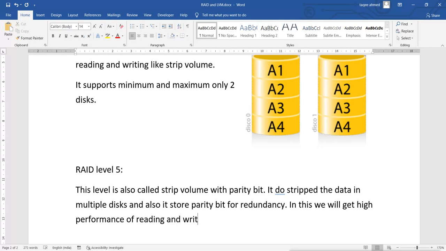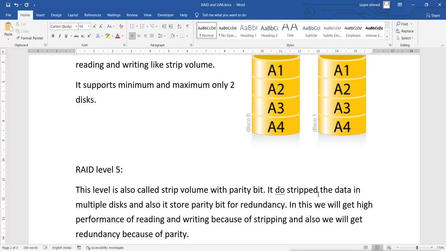So we will get the performance of reading and writing because of striping, and also we will get redundancy because of parity. So we will get the redundancy also, and we will get the performance also.